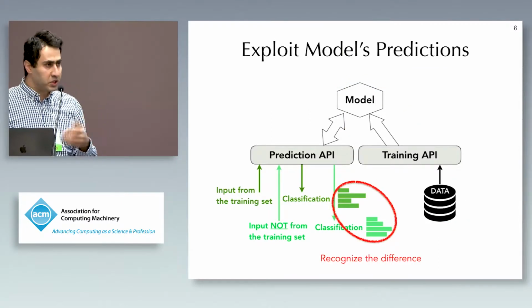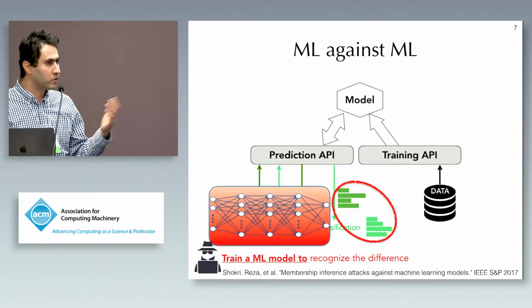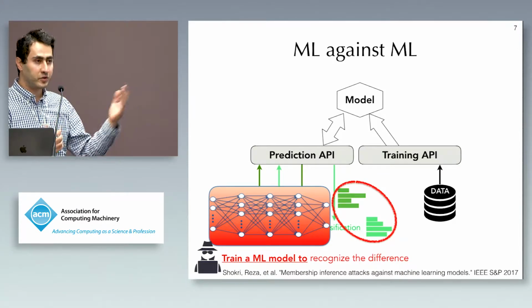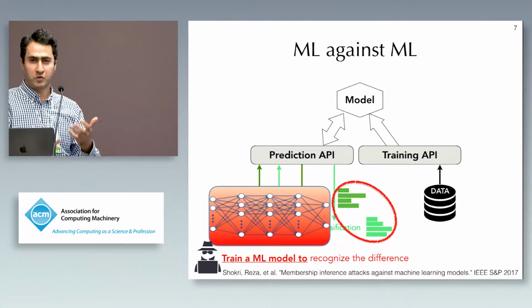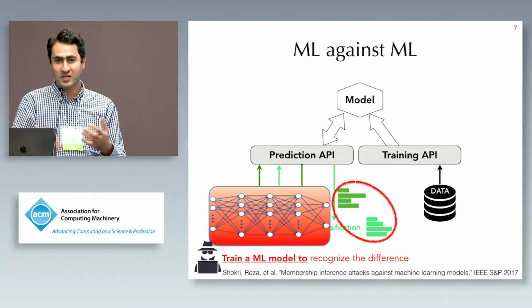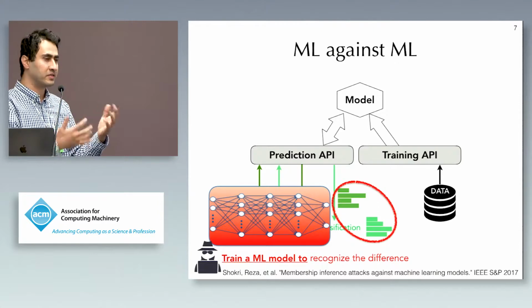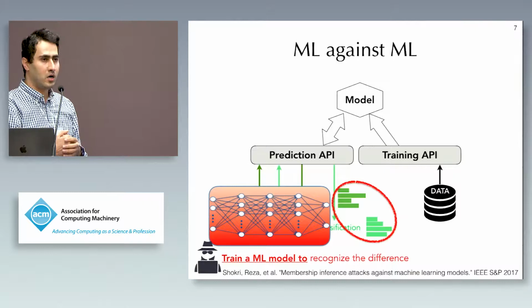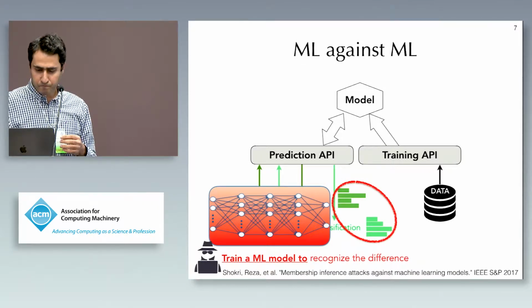Therefore, this could be used to build a membership inference attack. Previous work by Shokri and others had in fact shown that you can use machine learning to attack machine learning systems. If the distribution of the outputs for members versus non-members is different, then perhaps you can build a classifier that trains on the distribution for members and non-members, and then, based on that, you can use the trained model to attack the system and find the membership of different samples. All right, so this work has been done.